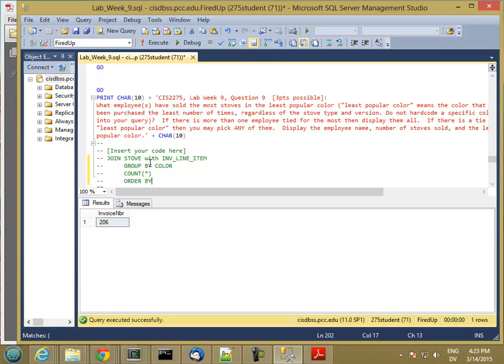Then order by count star in ascending order,